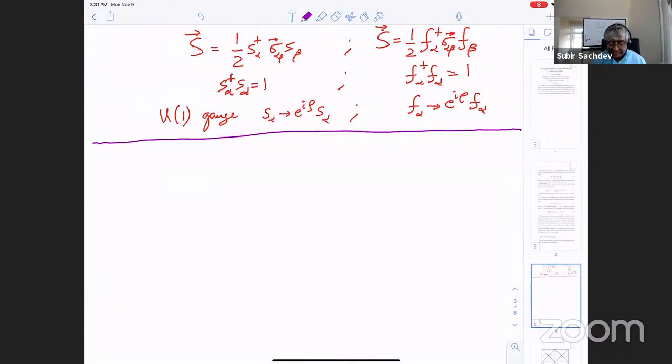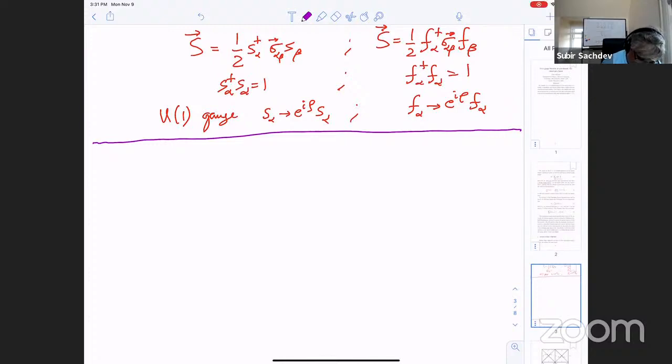So let me make a table of the different states that we've seen and are going to see using this parton construction. Okay. So the simplest case we looked at was we used the Schwinger boson partons. First we had a U1 spin liquid, right? So there you had, on the square lattice,